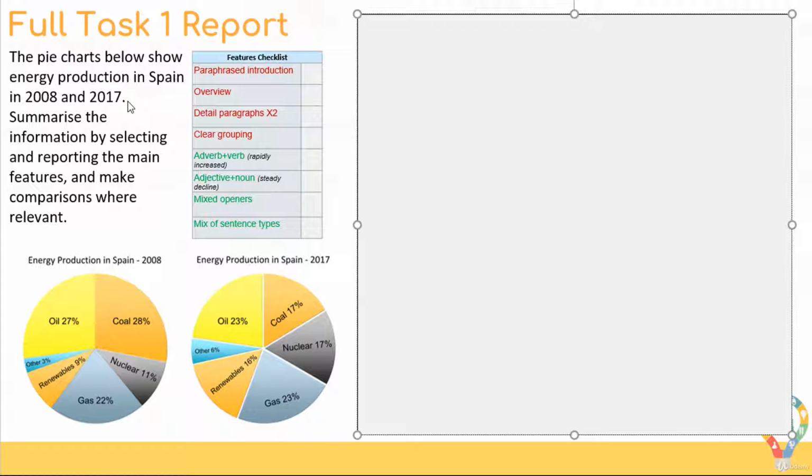So I need to rewrite the first part of this question. The pie charts below show energy production in Spain in 2008 and 2017. So let's begin my introduction paragraph or sentence. The pie charts, I can just keep that the same, as really they only have one name. The pie charts below show, let me try and change the wording of this and paraphrase it. The pie charts represent